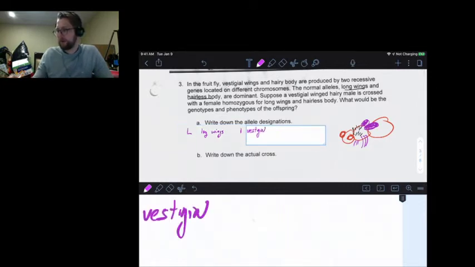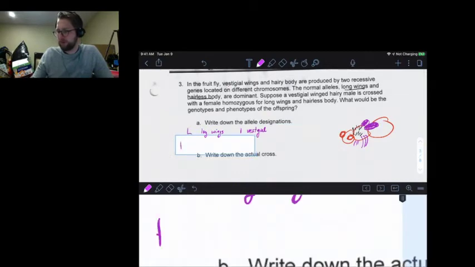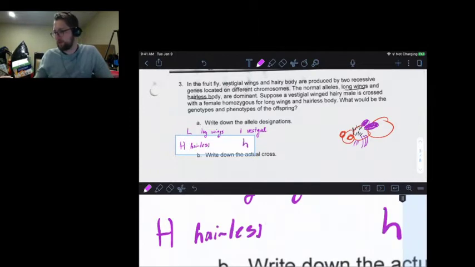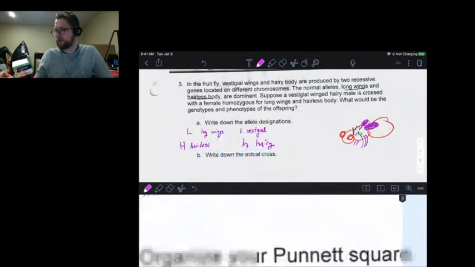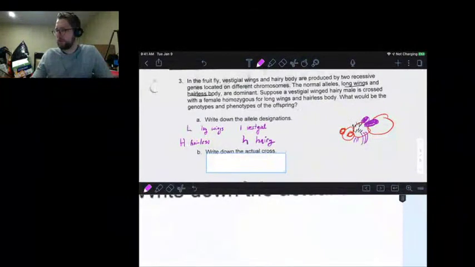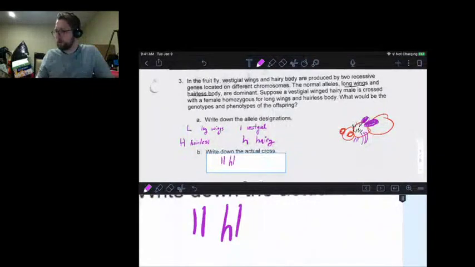And then we'll make long wings and the hairless body. Well, we'll just use a big capital H for hairless, and we'll use a lowercase h for hairy. And so the actual cross here, we have a vestigial winged hairy male. Vestigial winged means that they must be the two little l's, and they are hairy, so they are lowercase h, crossed with a female homozygous for the long wings and